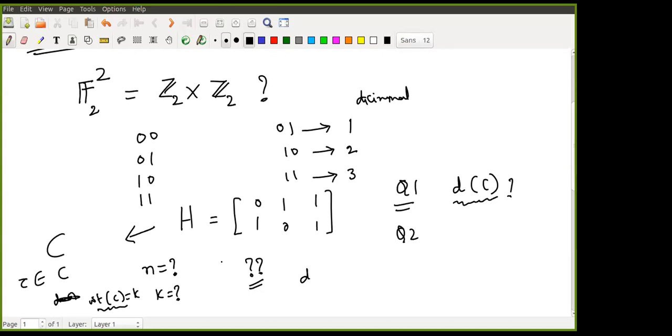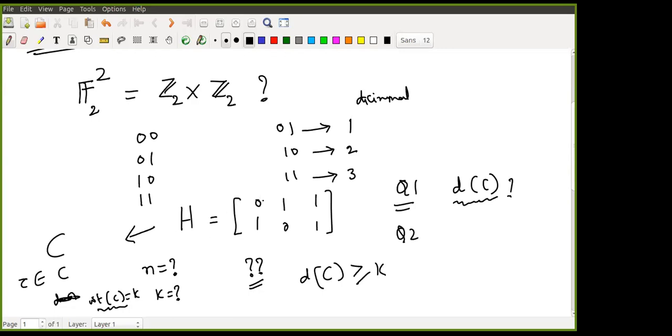Now I asked you to negate both of them, since it is an if and only if, and check. I gave the proof for one direction only, but the actual statement is that if the distance of the code is greater than or equal to k, then any k columns of H are linearly independent. This is what I asked you to check. I told you at that time it was very important, but I don't think you checked. Anyhow, don't worry, I'll try to explain that now.